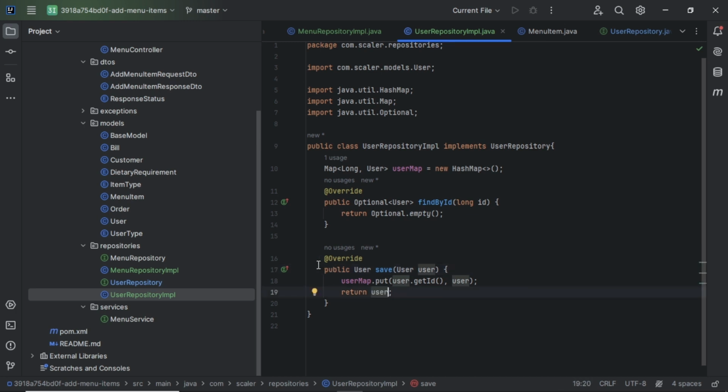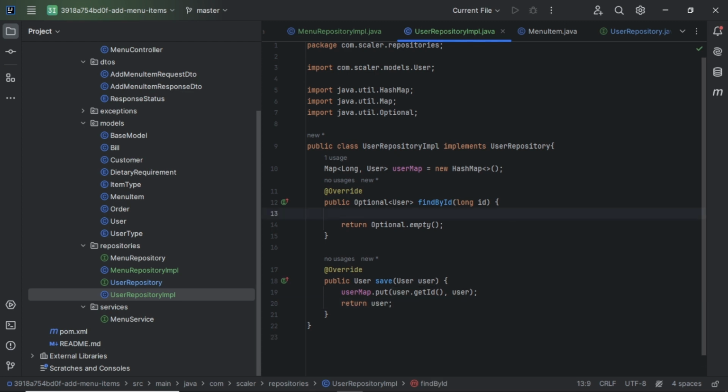So as you can see, we have implemented the save method. Now we have to implement the find by ID method. For find by ID, they have given us the ID and we have to find the user based on the ID. Okay. For that, what we will do, we will take one user instance and we will get the value from the user map by the ID. Okay. Because we have to return the user.